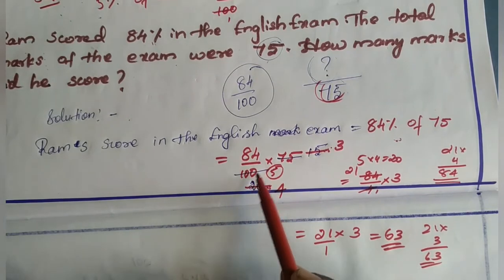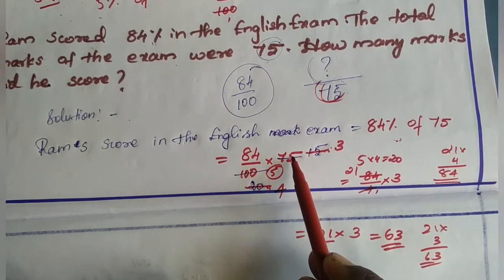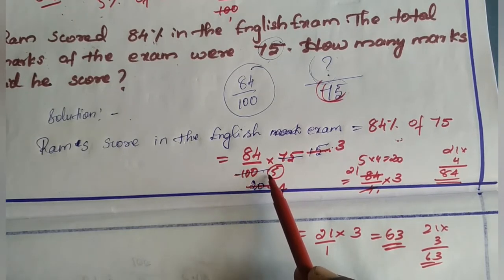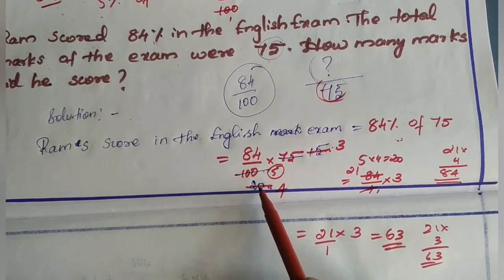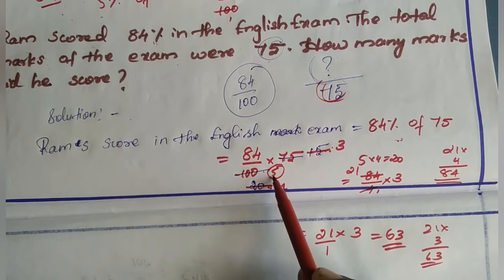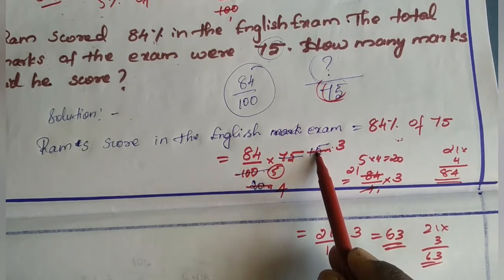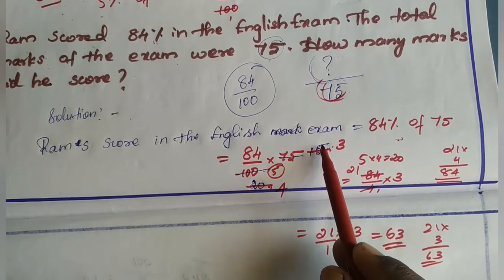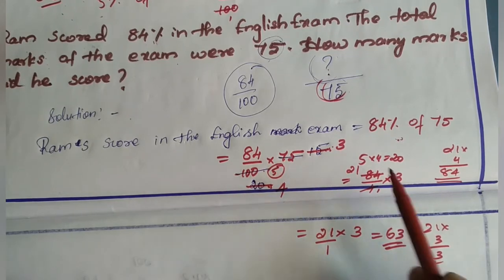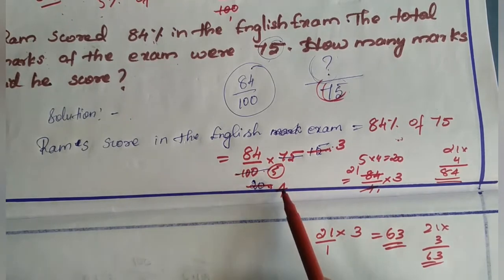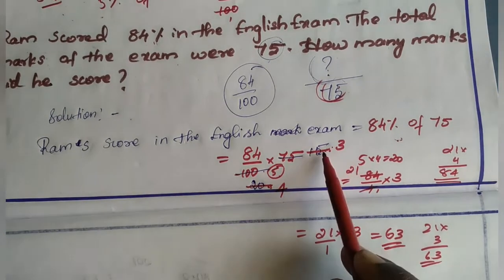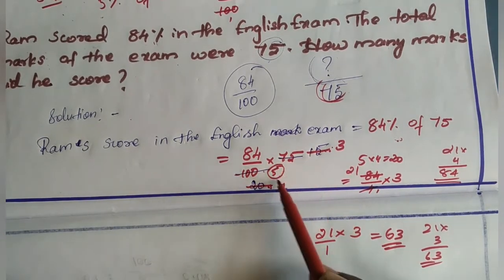84 divided by 100 into 75 is the first step of calculation. In this first step, we use the five table. We cut using the five table. 20 into 5 gives you 100, as well as 15 into 5 gives you 75. Okay, next one is 84. Here what will come? Next we can cut using the five table. 5 4s are 20, 5 3s are 15. Again two times we are using the five table here.